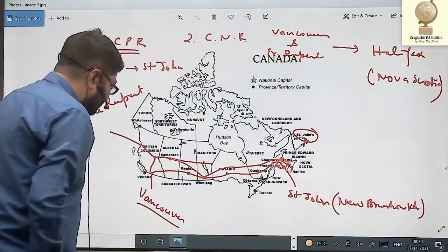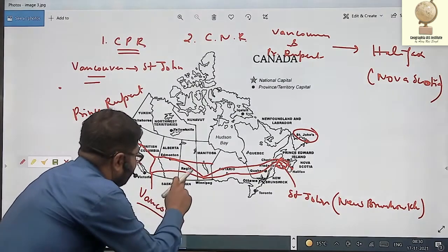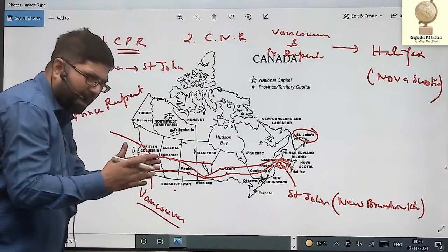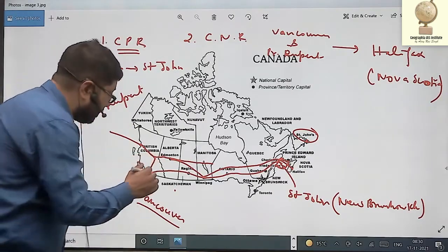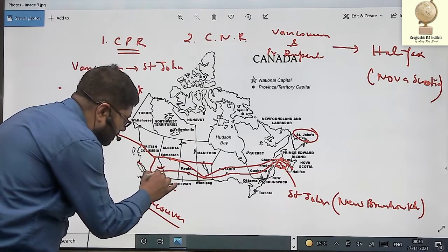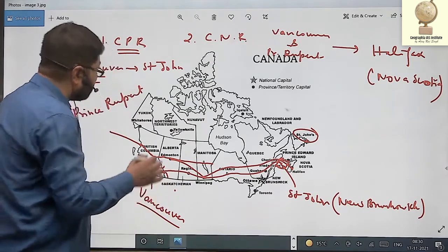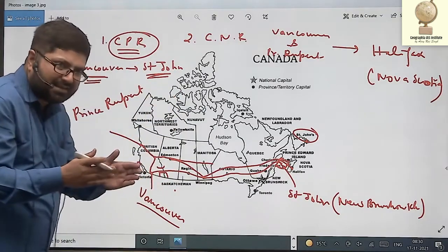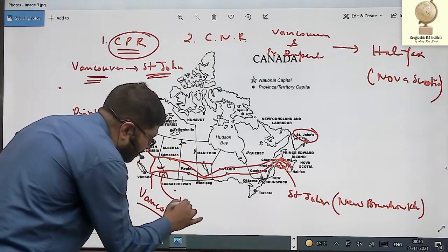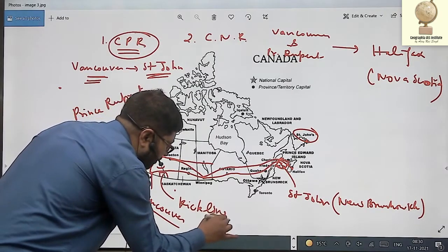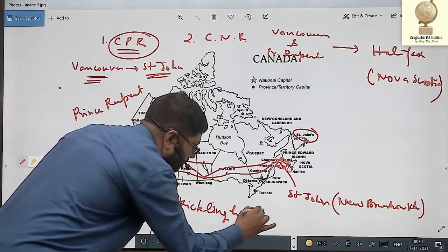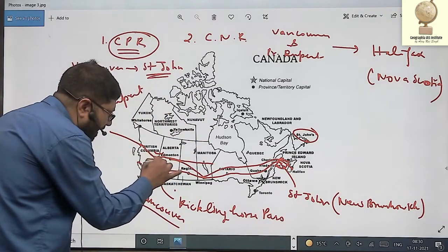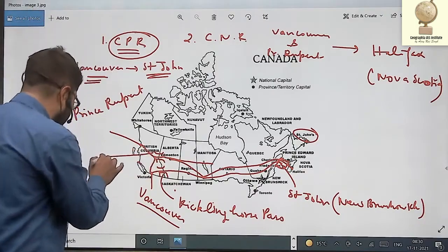Now, this first one, Canadian Pacific Railway, they have carved out a pass. There's a pass in the Selkirk Range through which it passes. It is known as Kicking Horse Pass. Canadian Pacific Railway connects Vancouver to St. John. It passes through a pass in Selkirk Range that is known as Kicking Horse Pass. Canadian National Railway also passes through a pass in Selkirk Range, and this pass is known as